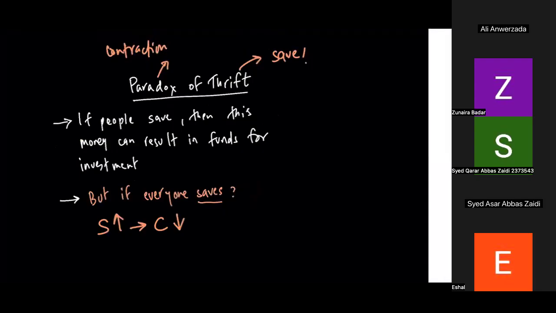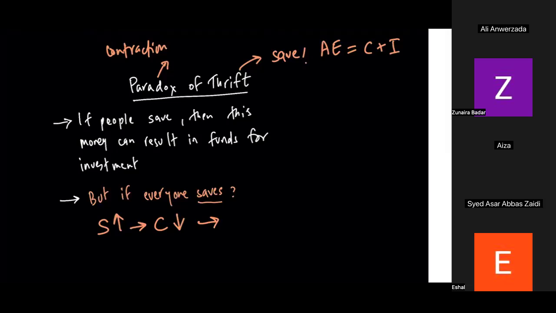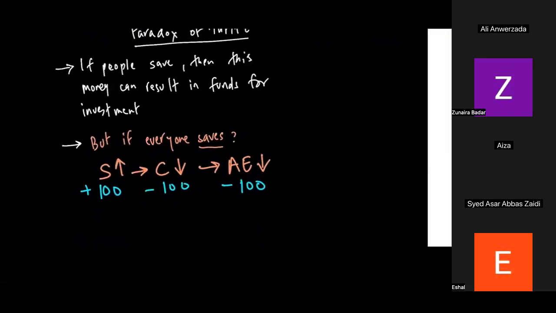और अगर consumption गिरेगी, तो remember AE का फॉर्मूला क्या होता है? AE is equal to C plus I. अभी फिलहाल हमारा C plus I है. अगर AE में C गिरेगा तो AE गिरेगा, राइट? अगर समझो आपने 100 से सेविंग बढ़ाई तो कंजम्पशन 100 से गिर गई, राइट? अगर कंजम्पशन 100 से गिरा तो AE 100 से गिर गया, और अगर 100 से AE गिरा,